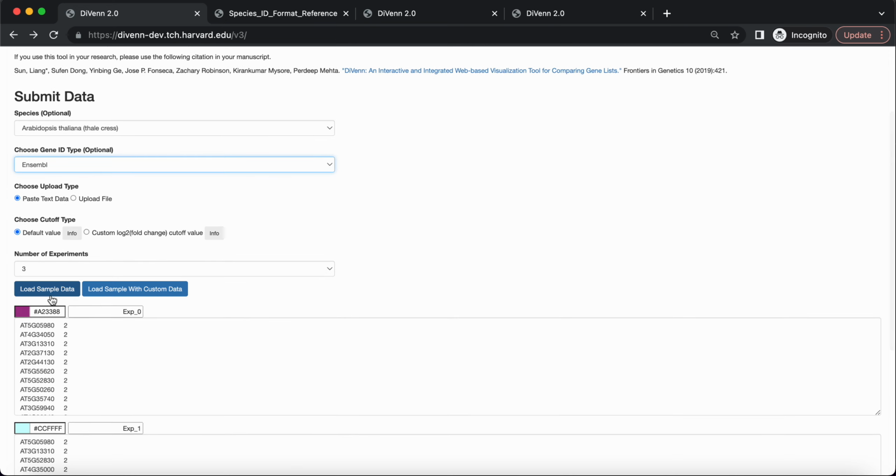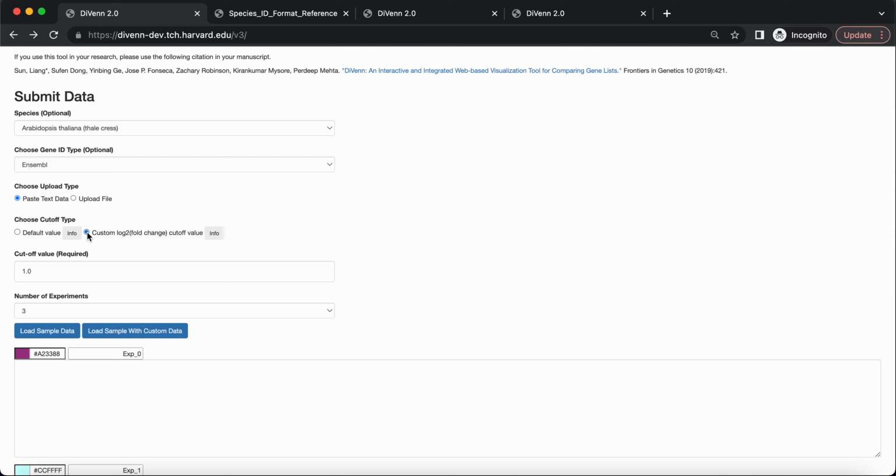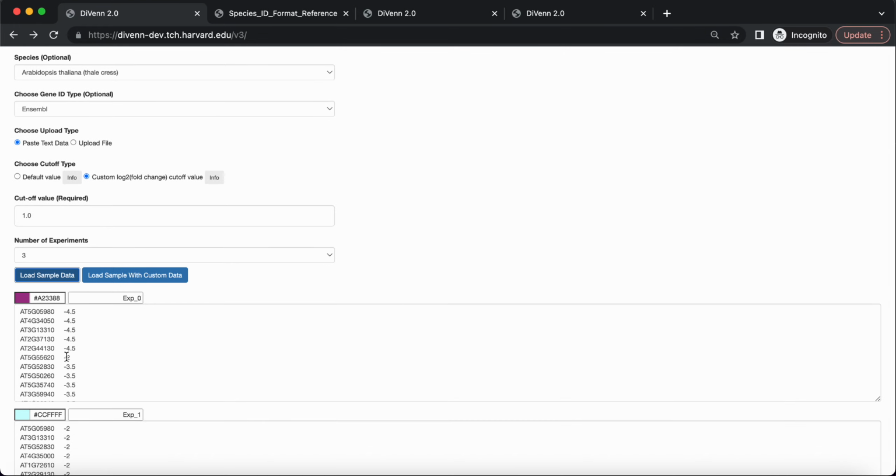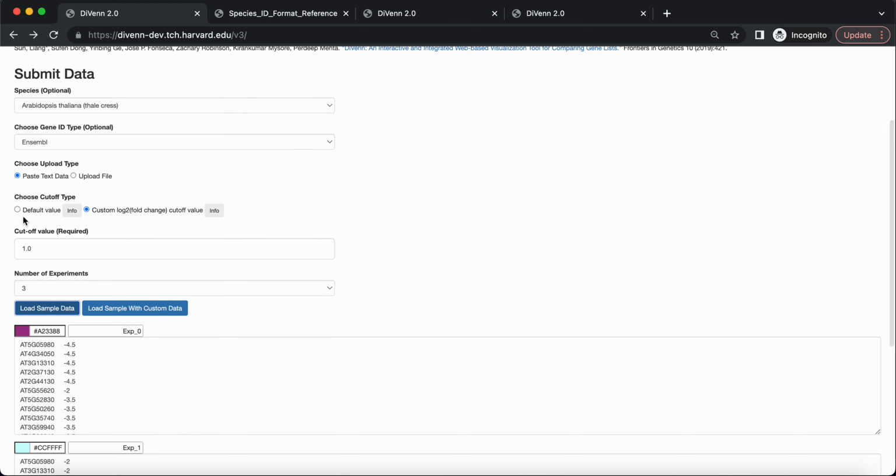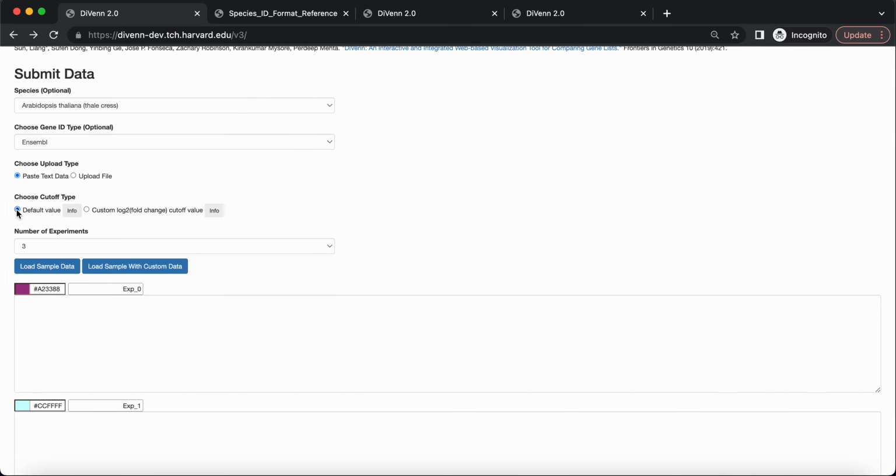So if we see here, we've loaded sample data. We have the gene ID type, the up or down regulated distinction with the 2s and 1s. But if we were to do the log fold change, we could set up a cutoff value. We also have sample data for that, but this is what the sample data would look like. For this presentation, I'll be using the default